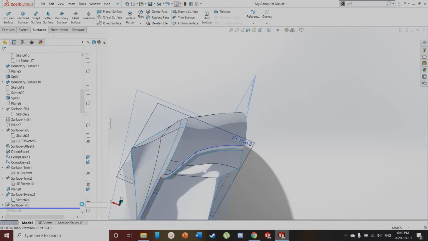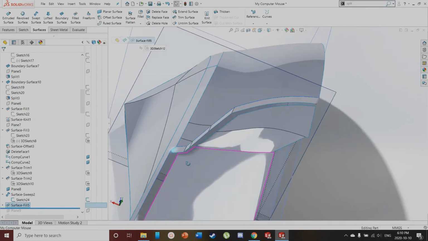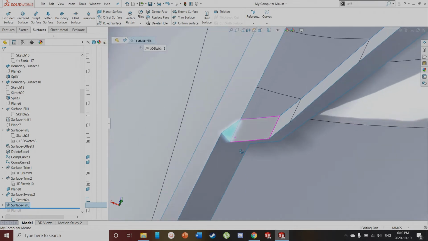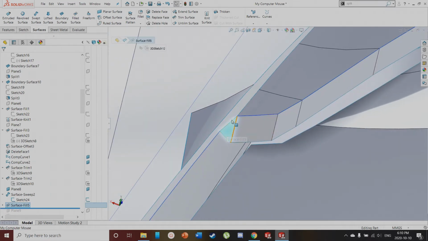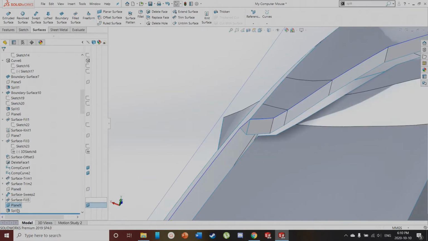Here's a surface fill that I did just to kind of fill in this awkward gap, because again, that would have been weird to sweep and it wasn't working very well for me. So all I did was I created a 3D sketch from this vertex to this vertex, created a surface fill in between them, and now plane 9